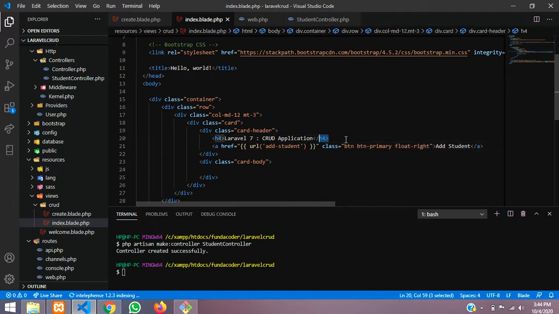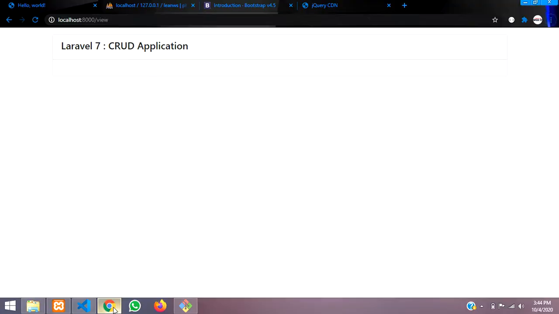Right, let's take this h4 inside it. Okay, so now let's reload the page and see the output.